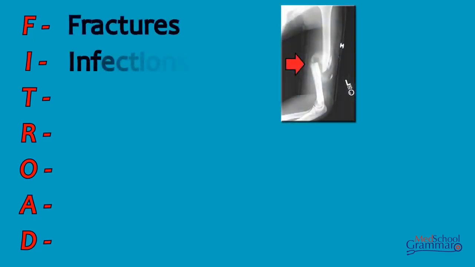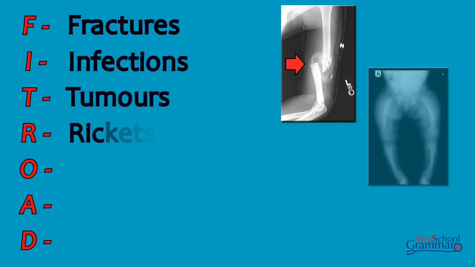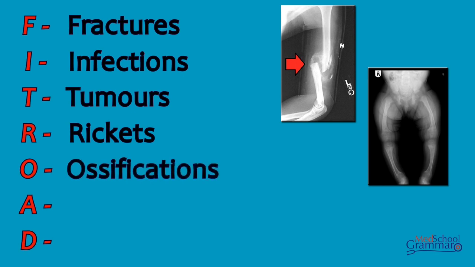At this juncture, let me tell you that we will be only dealing with plain radiographs in the upper limb section. Special radiographs and contrast enhanced X-rays are specific investigations for particular regions, and we'll cover them in the videos regarding those particular regions. Indications to take the X-ray of an upper limb can be summarized by a simple mnemonic, FIT-ROAD. That is to detect fractures, infections like osteomyelitis, tumors like osteosarcoma, rickets or other deficiencies, ossification where you observe the epiphysis, abnormalities, mostly congenital, and dislocations.